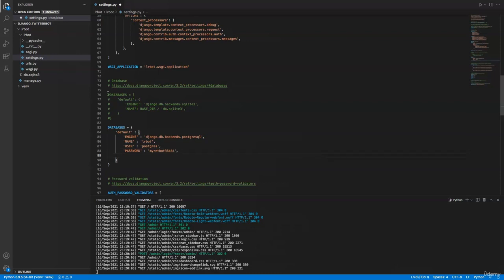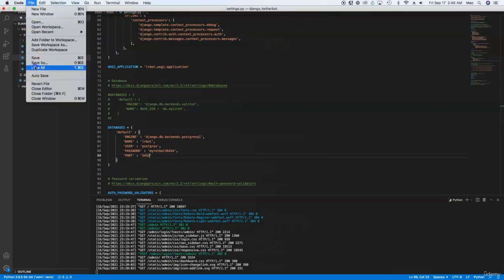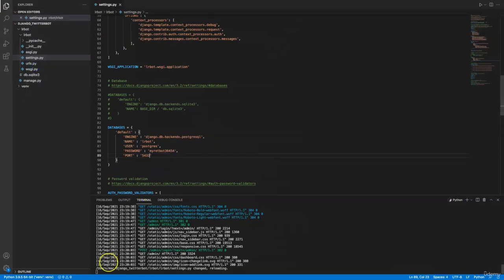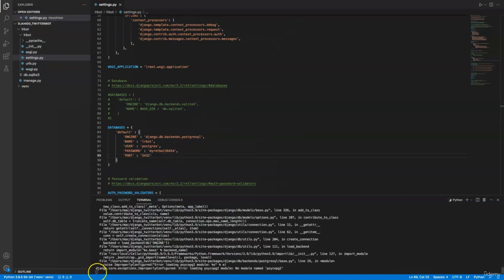And then I'll type the port. The default port is going to be 5432. Okay, then I'm going to save. I'm going to save all. Now what I need to do is cancel this